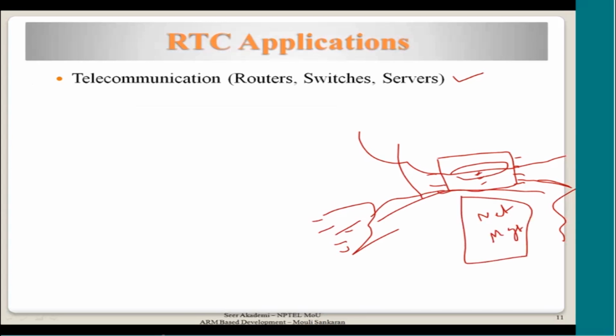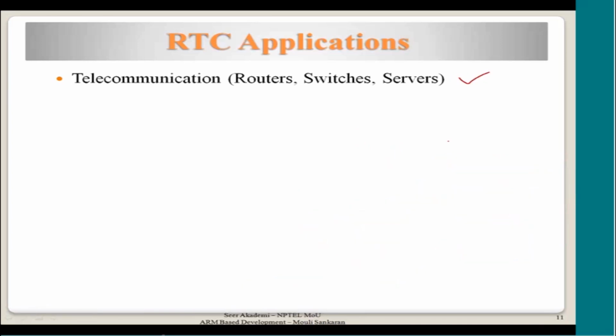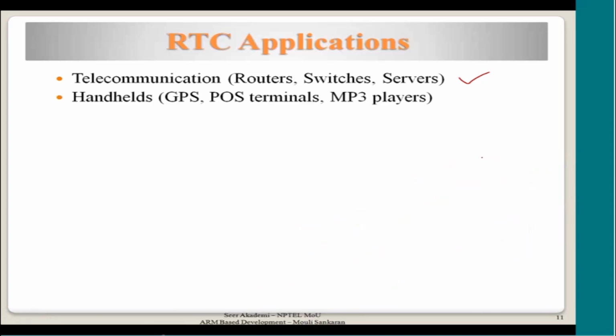Then they can take corrective action, maybe introduce another high speed link, so that this congestion can be removed, or they may even see the particular time when this congestion happens, and then they can configure the network accordingly. So all this can be done if an RTC is supported there. So handheld devices, all these devices have